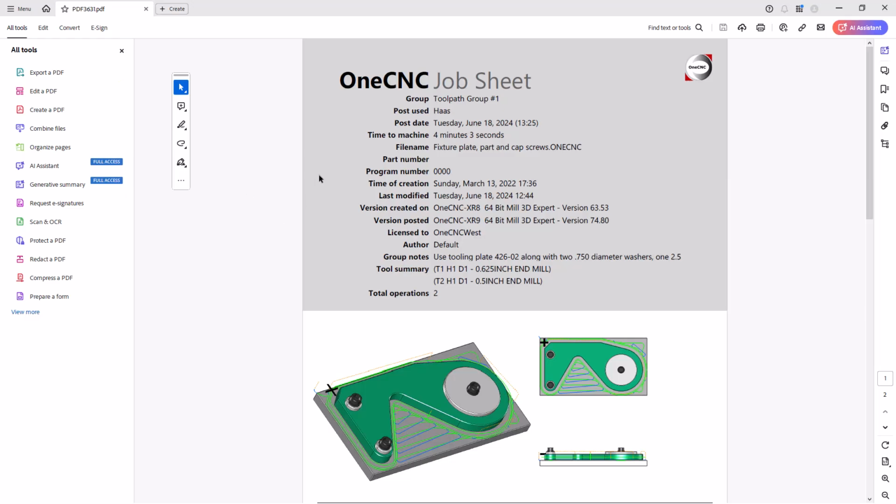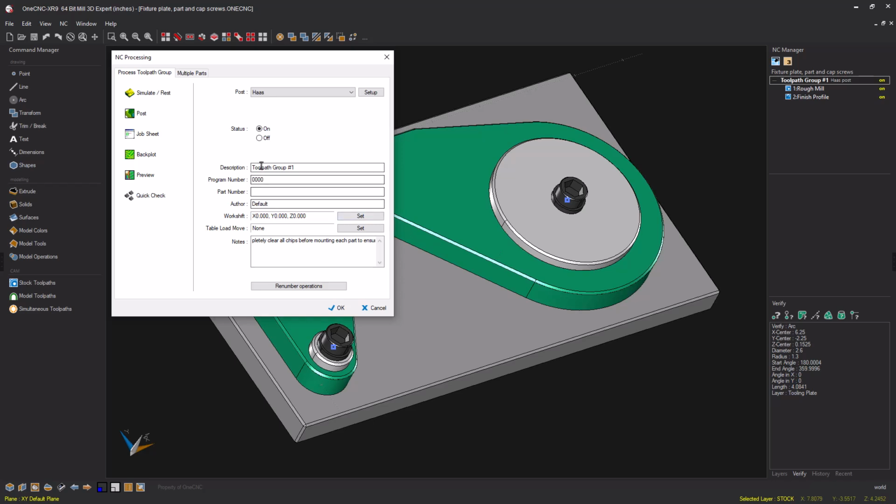Now within the job sheet, if we take a look at Group Notes, notice how it's not showing all of the notes. Remember, we have multiple sentences. I want to show you how to address that. Let's exit out of the job sheet. We're going to go back inside the NC Processing dialog box, and down here where it says Notes,